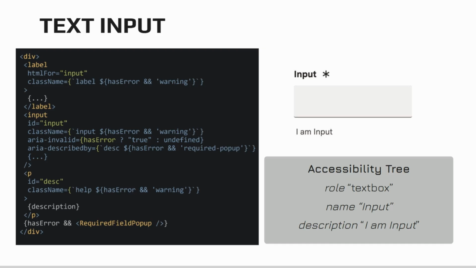Because of it, we have labels, and you need to connect your label with your input. Sometimes we also need to add some more information like hints or help text, and then you can add it as text and connect it with your input, also using ID and aria-describedby. Good news, aria-describedby can accept many IDs. That's why, also when you have errors and something wasn't filled out in the right way, you can use the ID of the error and connect it with the input,